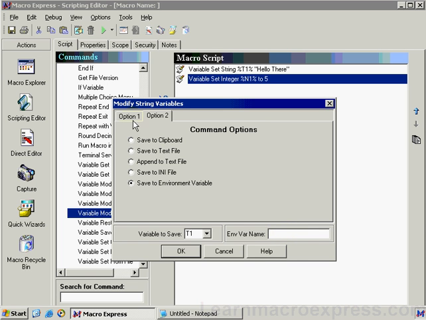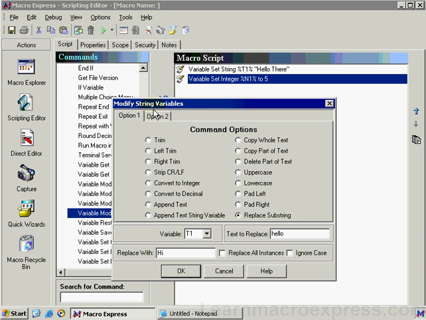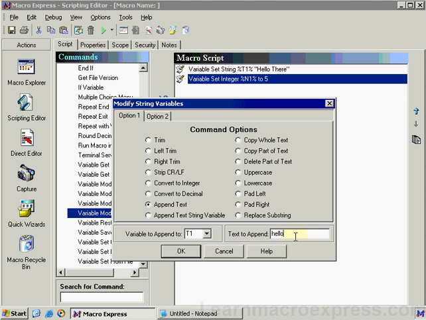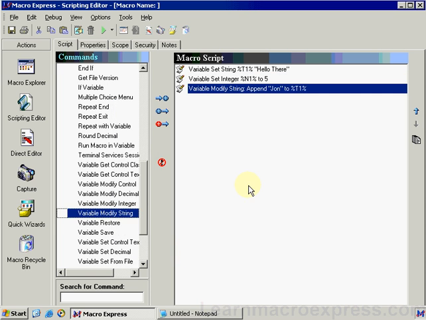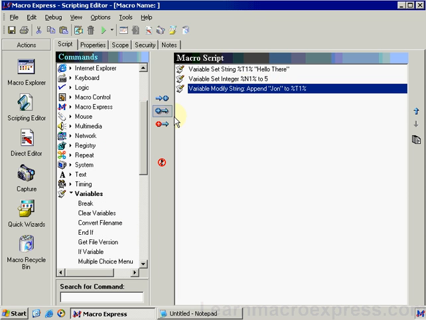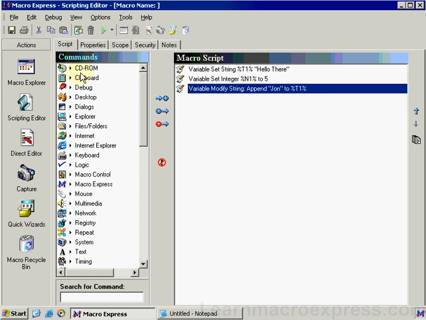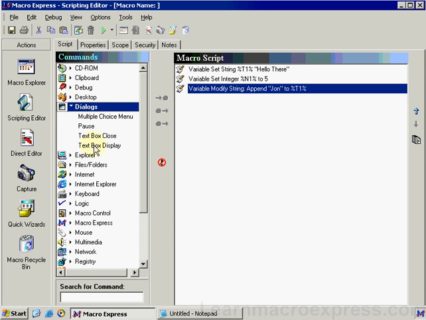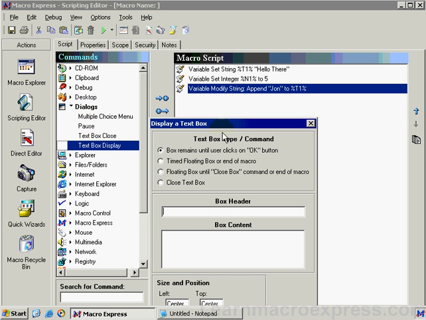Let's go ahead and go back into option 1 so we can modify our string variable. If we decide that we want to append text and we type in hello there, John, and we press OK, now it's going to add John to hello there at the end. So if we do a dialog by going up in the commands to the dialogues category and selecting text box display, we can then type in %T1%